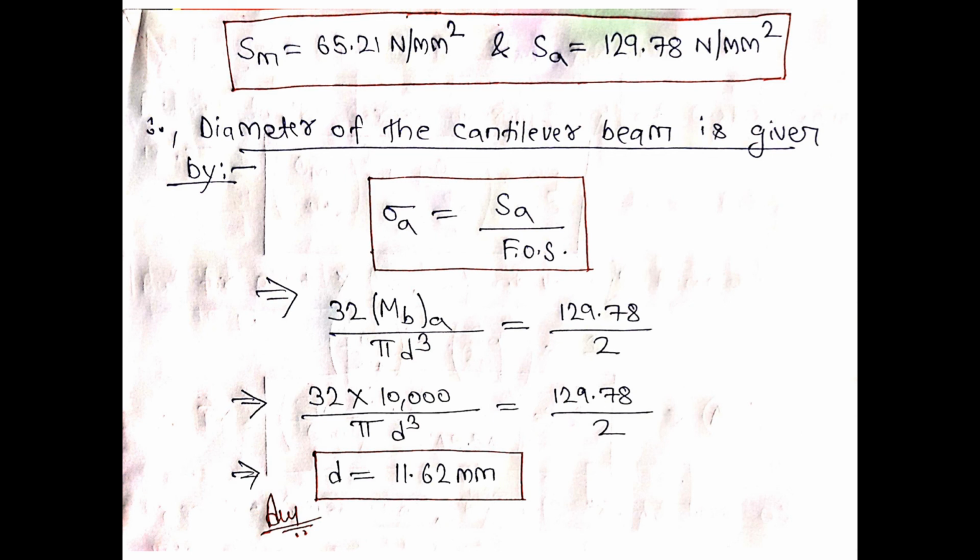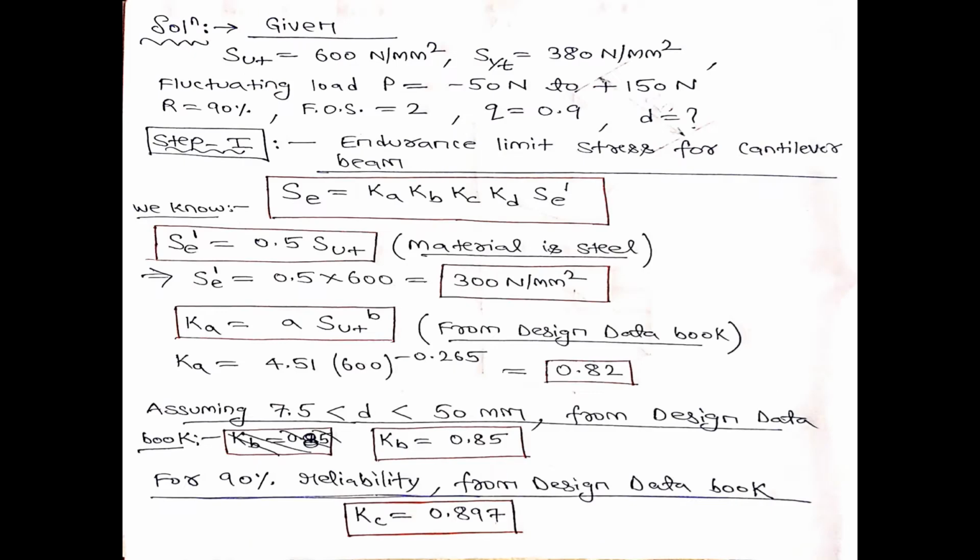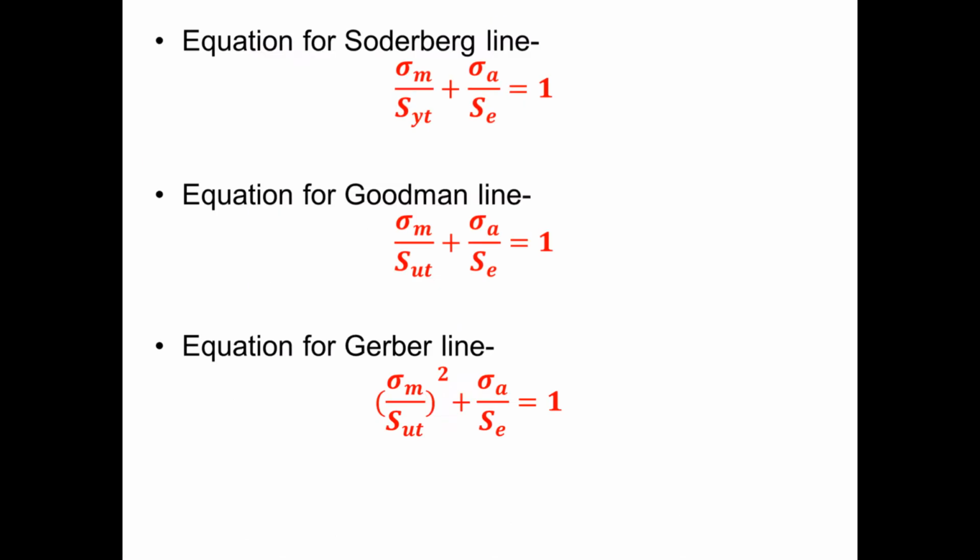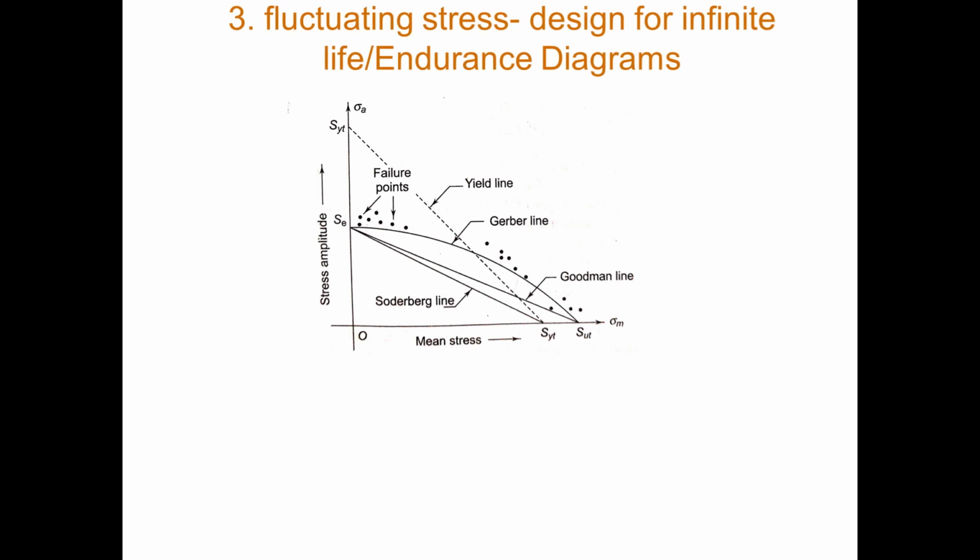Hello. Yes, sir. Alright, so that's why I have told you in the previous two classes that if you look at this diagram, which diagram? That is this diagram. From this diagram it seems that if I use Gerber theory, then my design is always safe. But this is not correct. Now I have proved it to you in the numerical. In Gerber theory, on the diagram it seems that the area under the diagram is more, but I have just proved to you with the help of that problem.